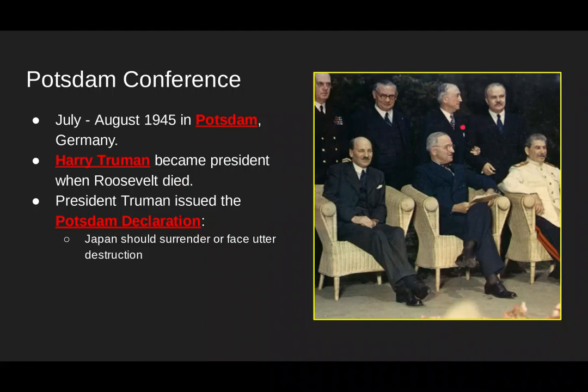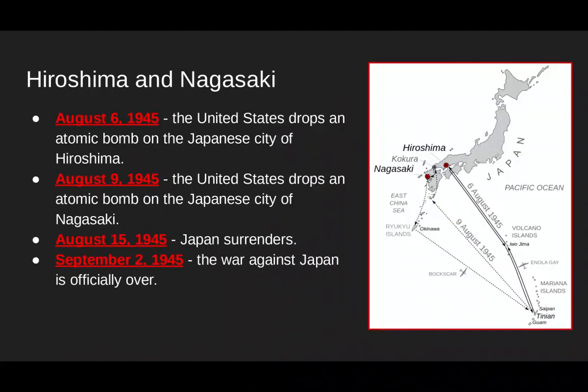We now know that the Soviets certainly knew, since they had spies in the United States during this time, and the Soviets knew that the Americans had this weapon, but the British probably did not, and certainly the Japanese did not. But the Potsdam Declaration said Japan needs to surrender or face utter destruction. And the form of that utter destruction would come about a month later, in August of 1945, when the United States, on the orders of President Truman, dropped not one but two atomic bombs